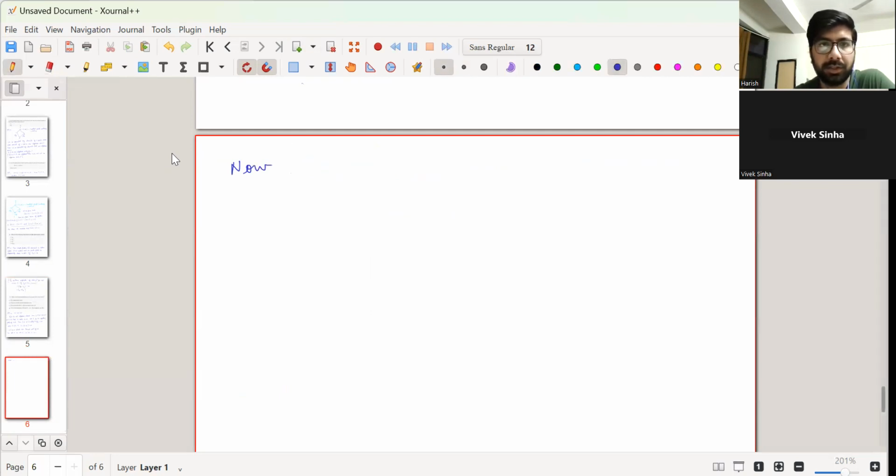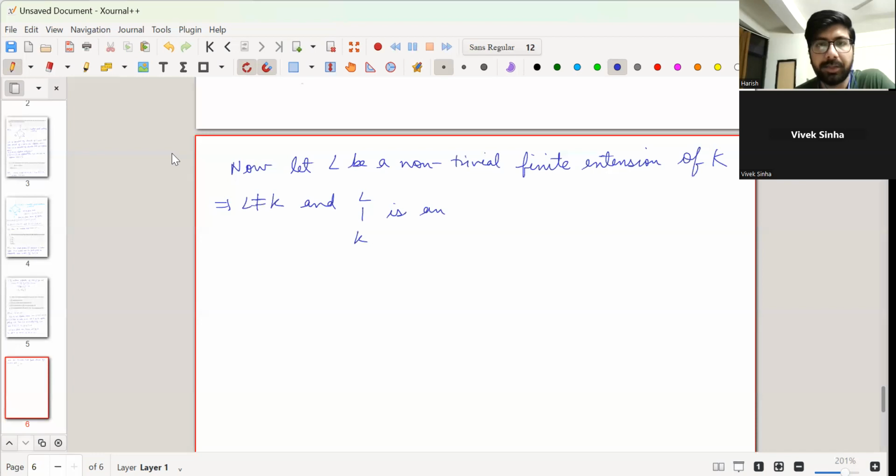So now let L be a non-trivial finite extension of K. A non-trivial finite extension of K means L is not equal to K due to the non-trivial part, and it is finite. That means L over K is an algebraic extension of K. Finite means algebraic,